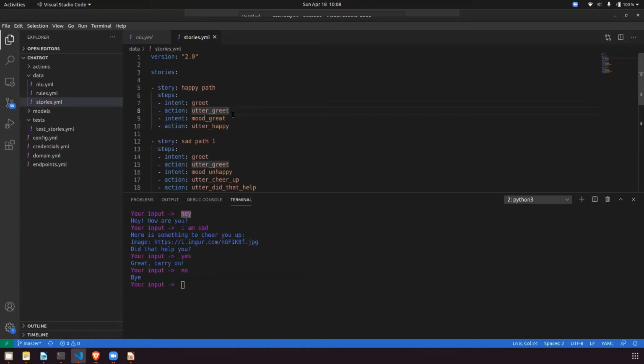So Rasa maps the intent greet to the action. After mapping the intent, Rasa checks the stories.yml file, maps the greet intent and checks the response, and that response is utter_greet. Now when you have the action for that particular intent, Rasa goes to domain.yml.